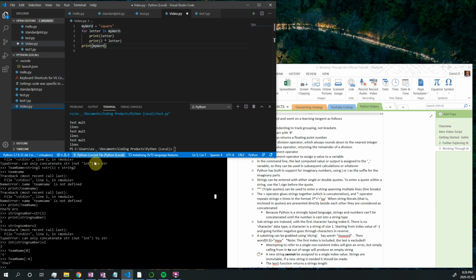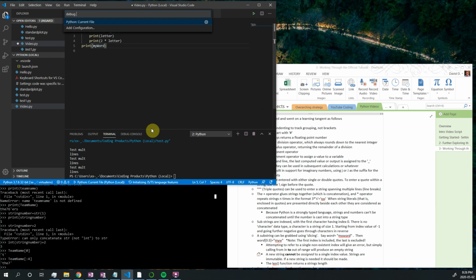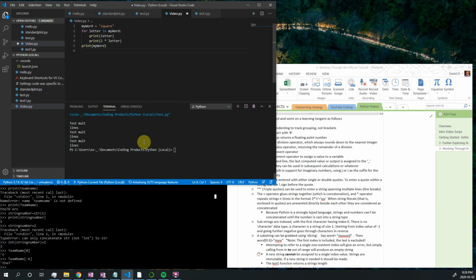If we run this, let me just broaden this window here. I'll clear the terminal with a clear command. That's another thing I just learned. If we run this, we see the letters S, SS, Q, QQ, etc. And then at the end it prints square once again. Because square was only printed once and not every time with the other printouts, we know it was not inside the for loop,